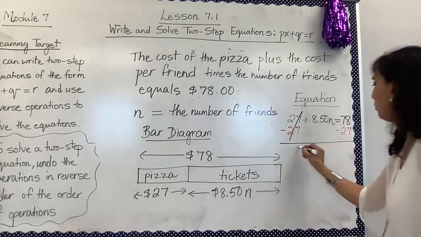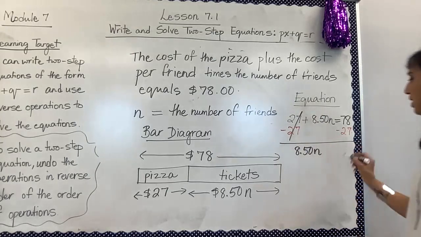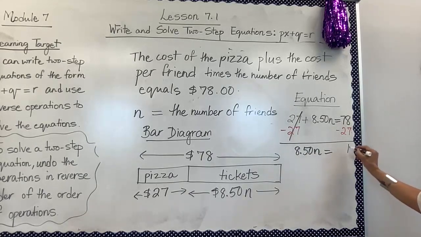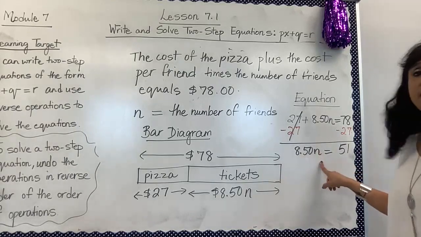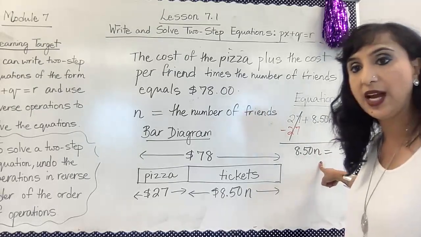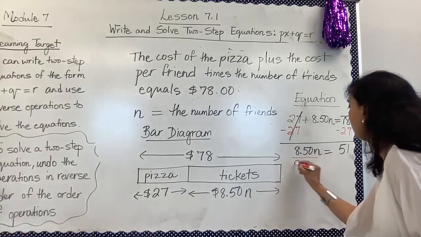So I'm left with $8.50, or 8 and 50 hundredths n, is equal to 78 minus 21. 8 minus 7 is 1, and 7 minus 2 is 5. So that's 51. And now I have the coefficient times the variable. So I am going to do the division property of equality. I'm going to divide both sides by 850,